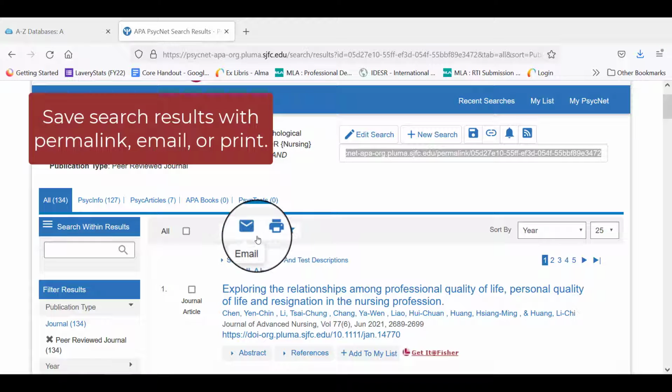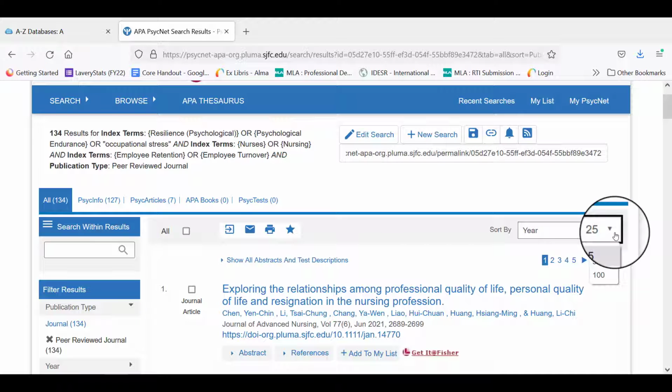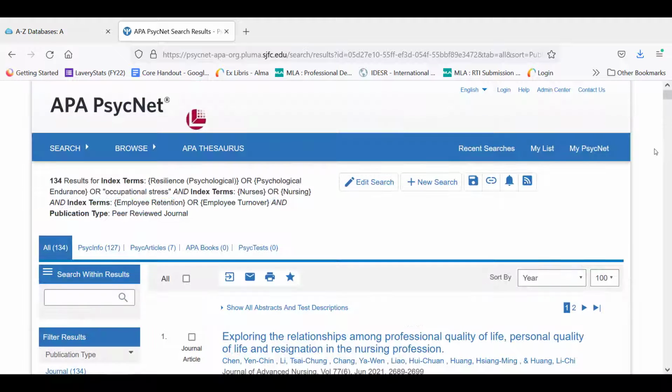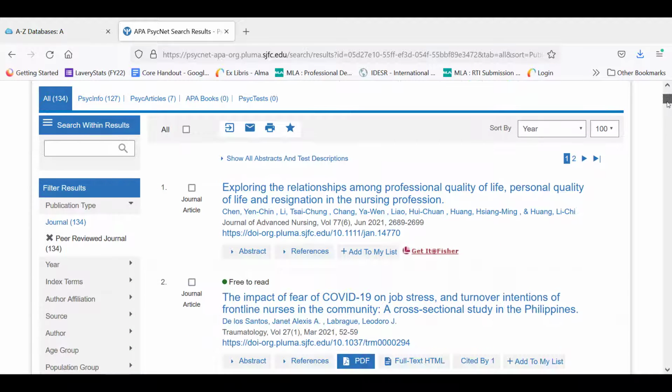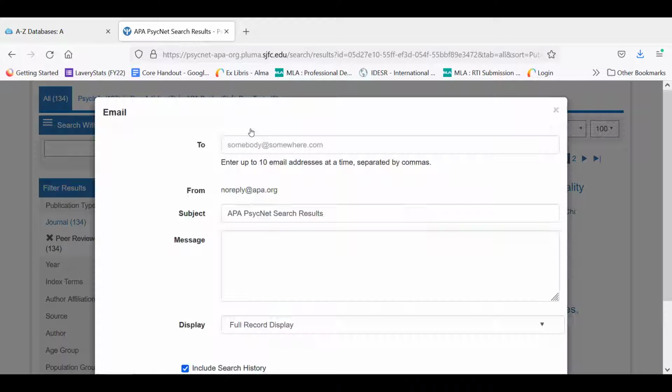You might also want to print or email the results page. And just like in other databases, you can select individual records or select all. To select as many as possible at one time, adjust the results per page to its max when opting to print or email records. Once the page results are adjusted, just click the All box to select all results from this page. With this result set, we will need to run through the process twice for both pages of results.